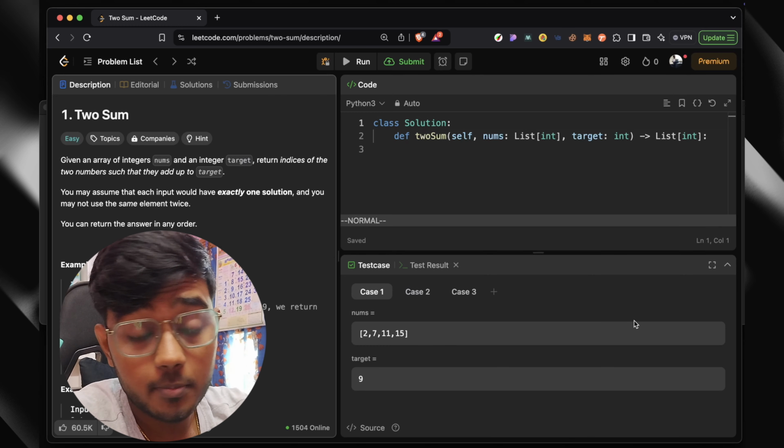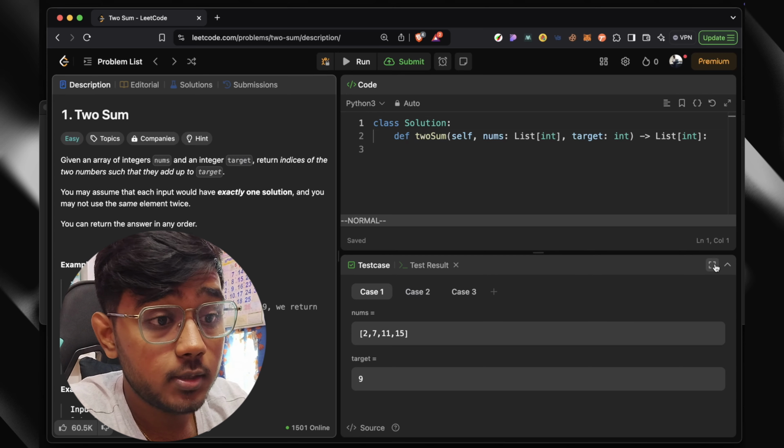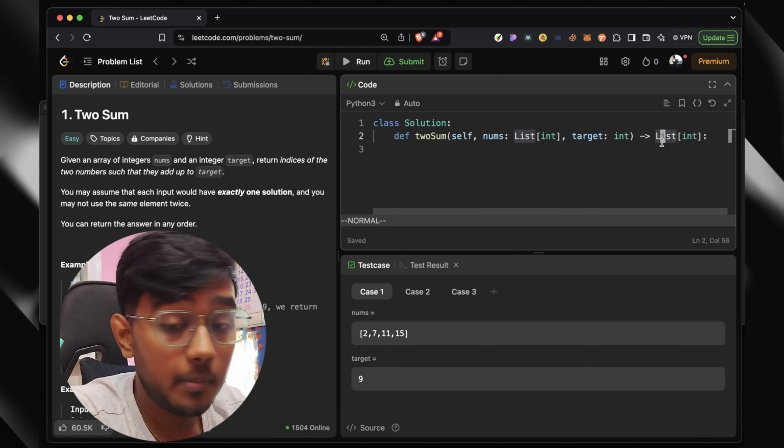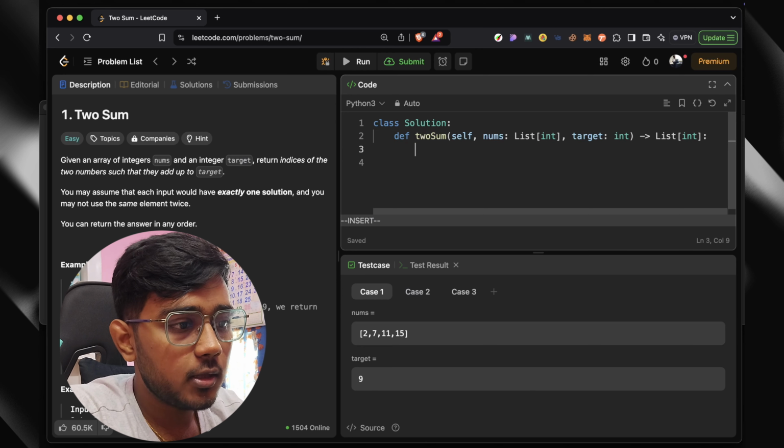Now let's quickly code this up. We're going to code the HashMap solution. We are not going to go with the second solution which we saw, I mean the second optimal one. So now let's quickly code this. We'll declare the hash,